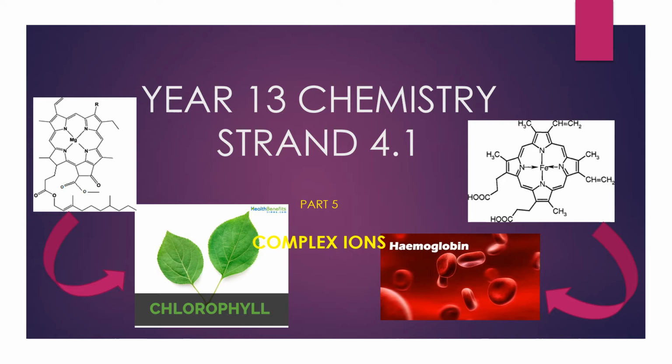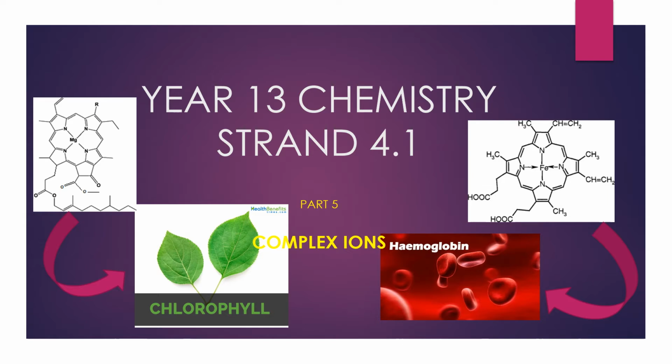Apart from this, there are various other places where transition metals act as complex ions, such as they are used in vitamins and minerals. Our body contains trace minerals. These trace minerals are complex ions. Vitamin B12 contains zinc ion surrounded by a group of molecules. So that is a complex ion. Most of the complex ions are used as medicinal drugs, such as cisplatin. Cisplatin contains platinum as a transition metal, which is used as a very effective anti-cancer drug.